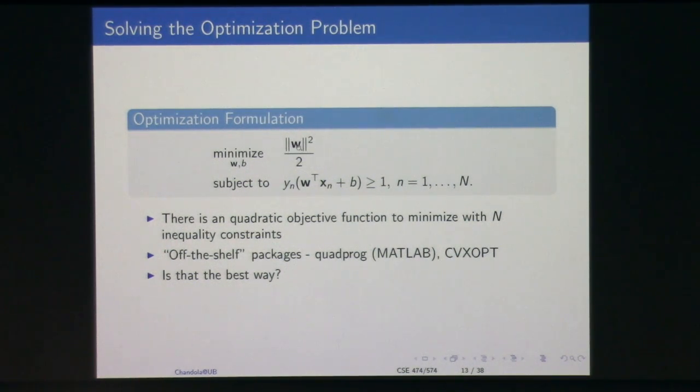Because it has a square term in that. Now, what we want to do is find a W that minimizes this value, but it also satisfies these constraints, right? If there were no constraints, then the answer for this would just be all zeros, right? That's the minimum value that you can get for this objective function,